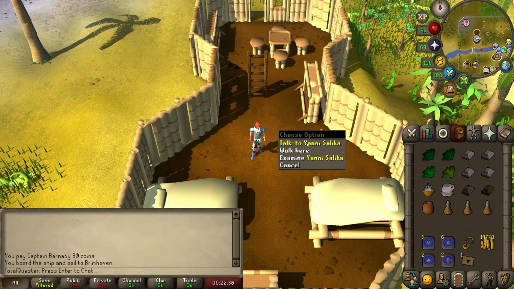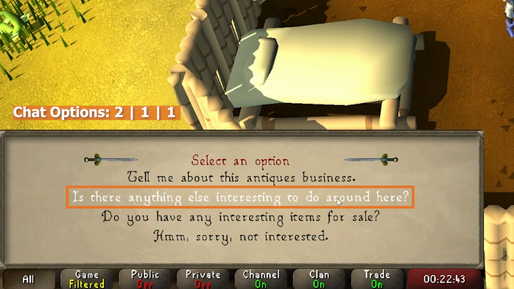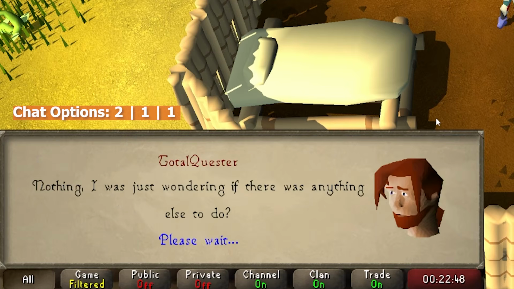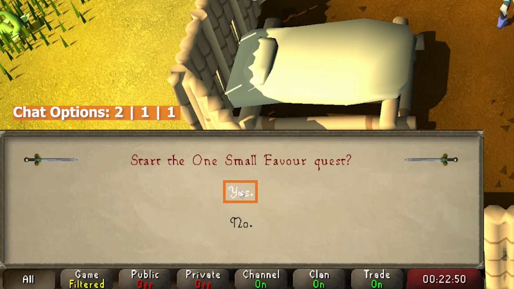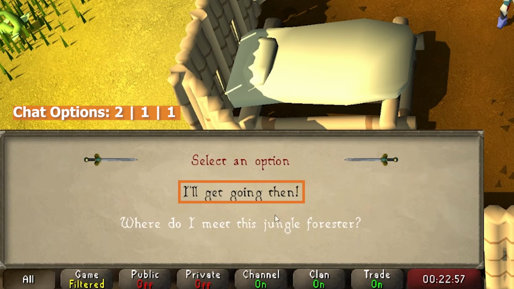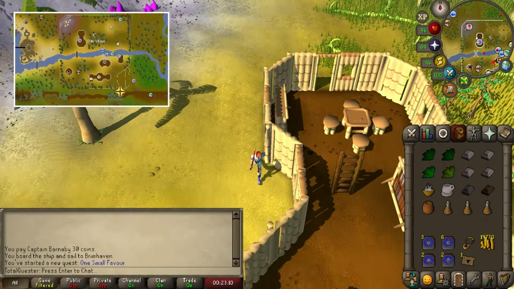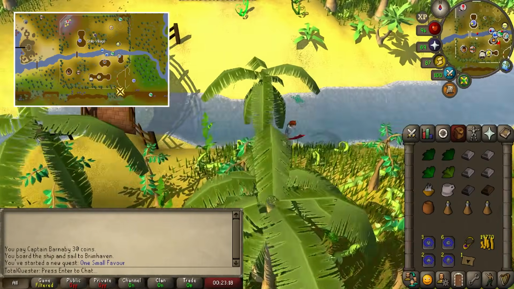To start the quest, talk to Yanni and firstly ask, is there anything else interesting to do around here? Before then selecting yes to officially begin the One Small Favour quest, and then finally saying, I'll get going, and finishing off the chat. Now exit Yanni's house and run south across the bridge before going southeast for a while